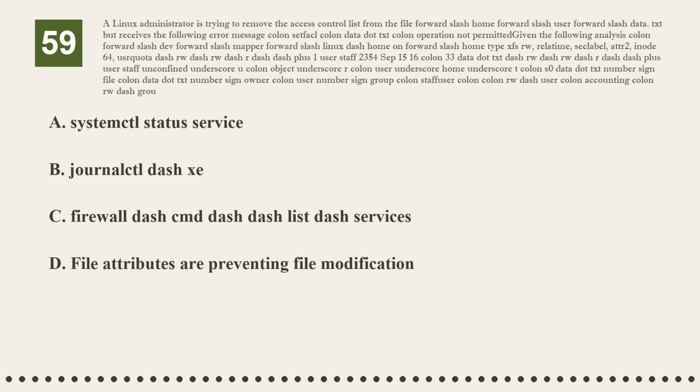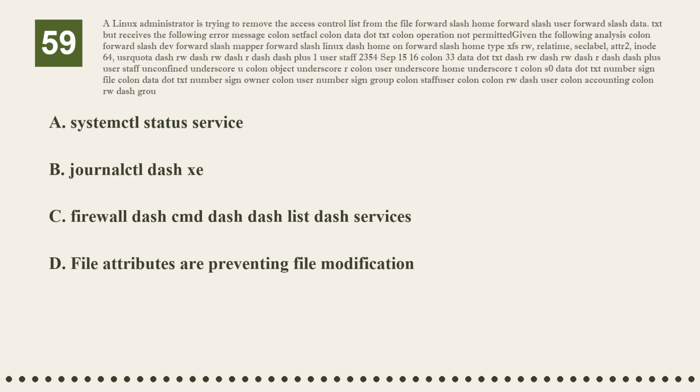Question 59. A Linux administrator is trying to remove the access control list from the file /home/user/data.txt but receives the following error message: setfacl: data.txt: Operation not permitted, given the following analysis: